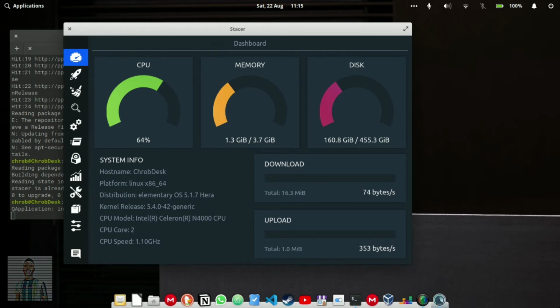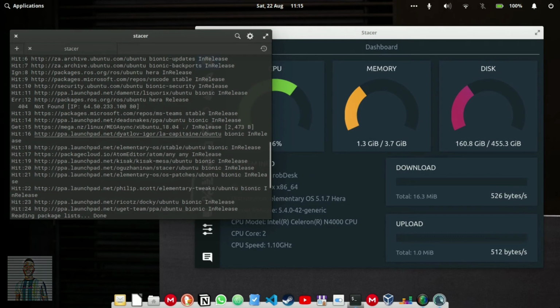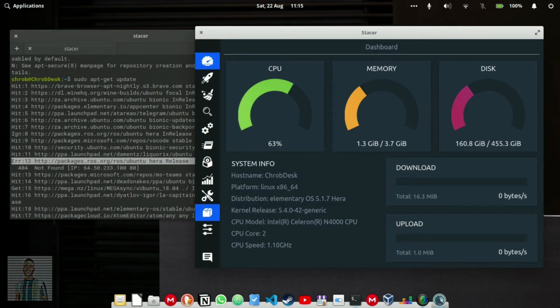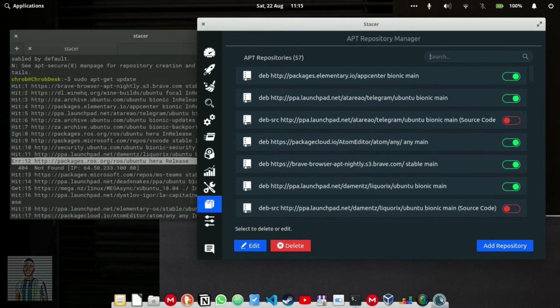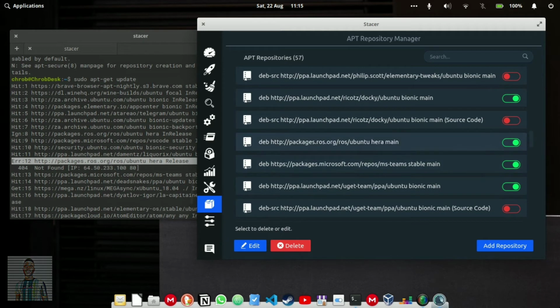Now to fix this error here, okay, here's the error. Just bear in mind that the error is saying that the package, this is a repository, the repository Ubuntu Hera release. Now where do you find repositories? You find repositories here. I think it says there, just hover on top of it, and it will show you apt repository manager. Now obviously here is where you have to search for this specific repository, just remember Ubuntu Hera release, and we're going to scroll down, and here it is, and you